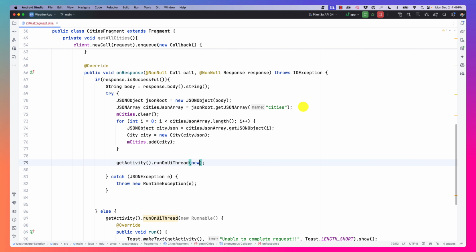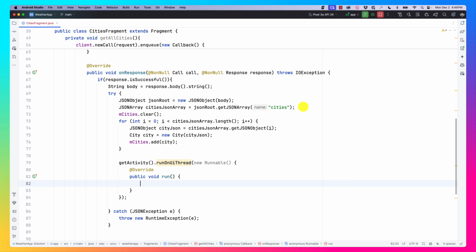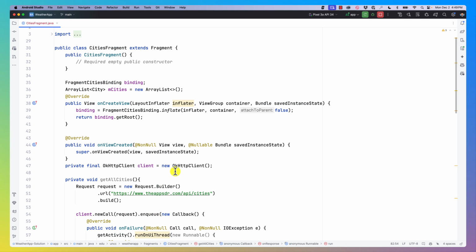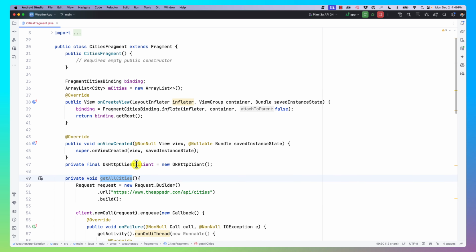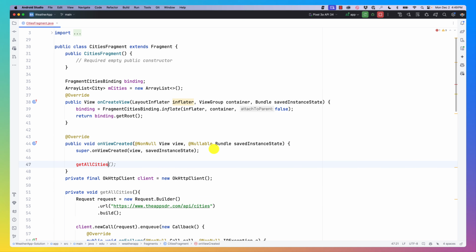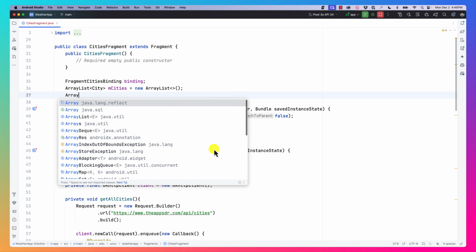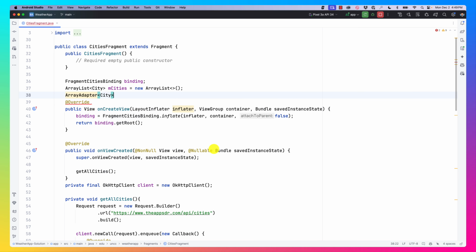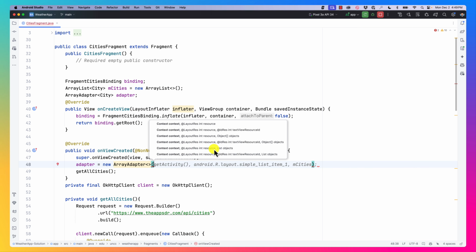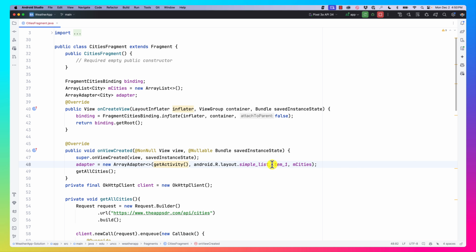And then basically we get activity run on UI thread new runnable, and then here we need to notify the adapter. Okay, so let's build the adapter here. So get cities, we're gonna call it where on view created. We're gonna call get cities. All right, now let's set up our adapter. So we need an array adapter of city. This is the adapter. Now we get in here, we do adapter equal new array adapter. Okay, we'll use the simple list item 1, pass it cities, get activity, and then